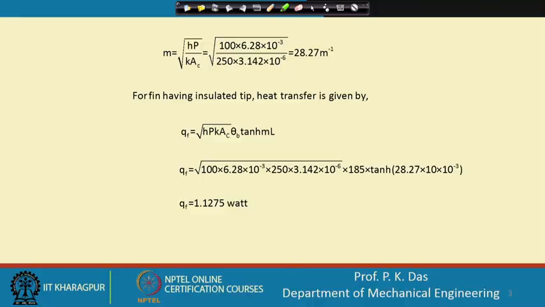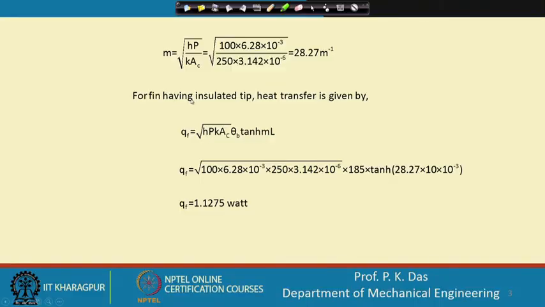So, that is one point. Second point, the loss of heat is very small from the fin tip. So, if we assume that the fin tip is not taking part in heat transfer, our estimations are not wrong. Third point is that in many cases we can do an approximation. We can correct the length of the fin, taking into account that there is some amount of heat transfer from the fin tip, and yet we use the formula for fin with insulated tip, because that formula is easier to use compared to using a formula for convective tip loss from the fin.